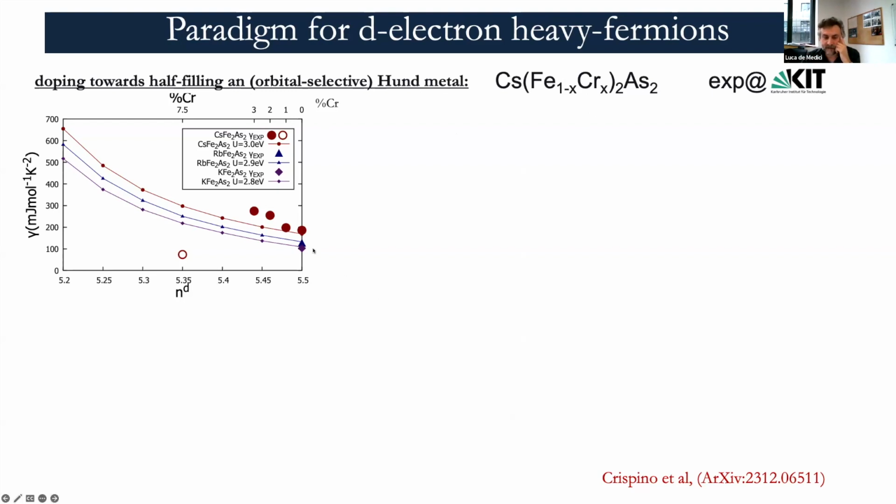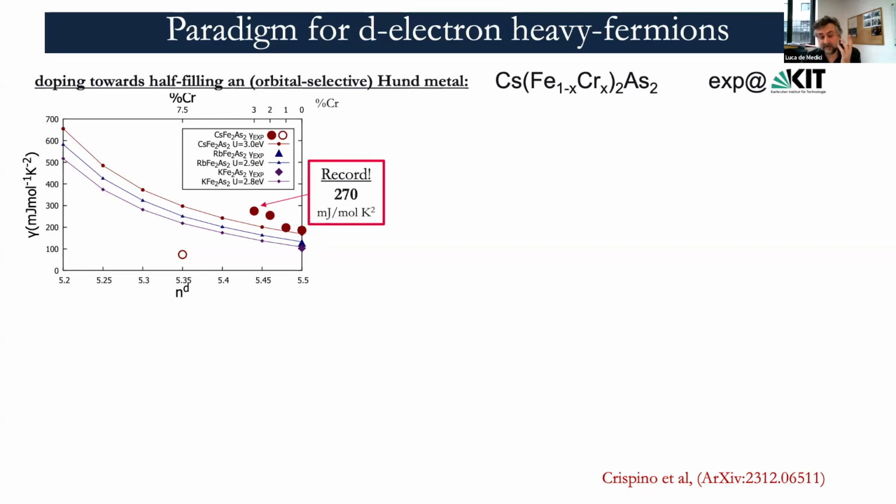So our experimentalist friends actually managed to put a few % of chromium in this cesium iron 2 arsenic 2, and indeed they were able to find a record Sommerfeld coefficient of 270 millijoule per mole Kelvin squared for 3% chromium. And this starts being in the ballpark of the f-electron heavy fermions,